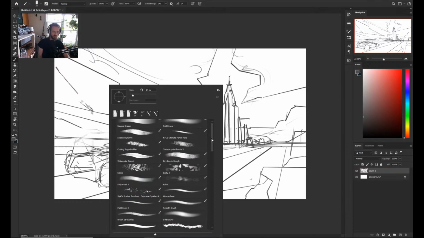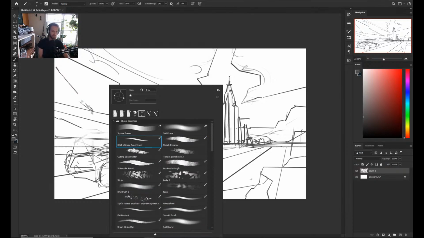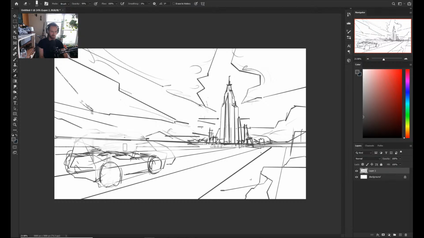In fact, now that I'm doing more actual sketching, I'm gonna switch back to the pencil here. This is all pretty loose, but